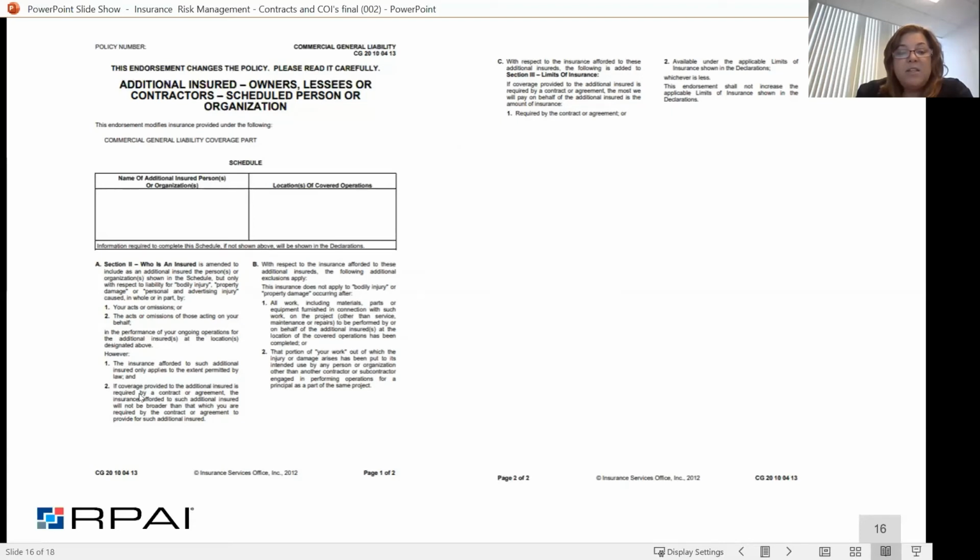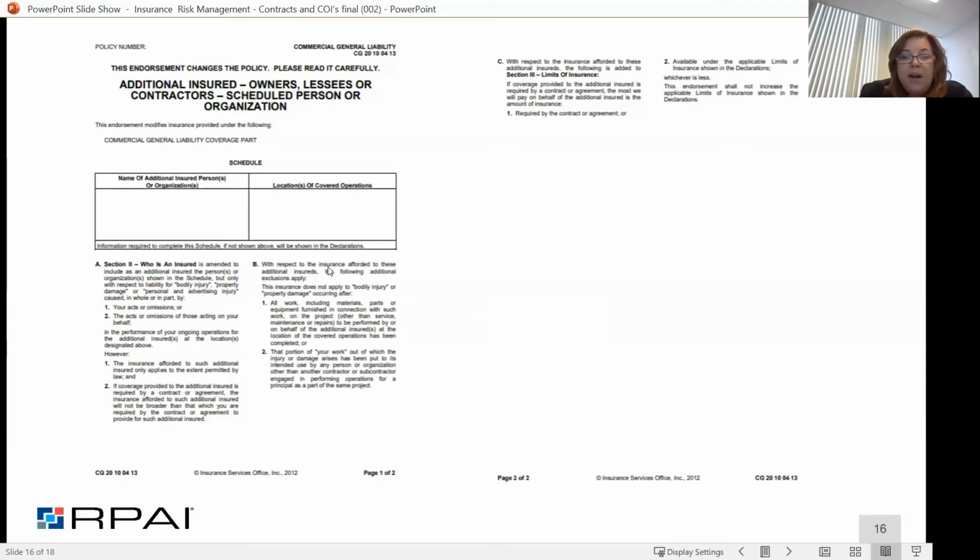coverage is provided to the additional insureds required by a contract or agreement. The additional insured is afforded coverage because of that agreement. So basically, if I'm stating that I require completed operations and it's in writing, it'll be extended over to me. That's where you need to make sure that your contract, your insurance requirements, and the wording match up, because no insurance company is going to give away free coverage, right? They want to make sure that you're requiring it in your agreement, and then they're going to transfer it over.